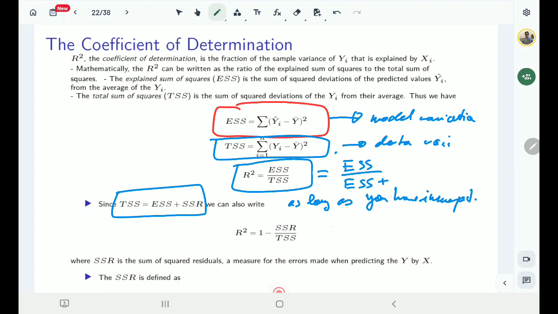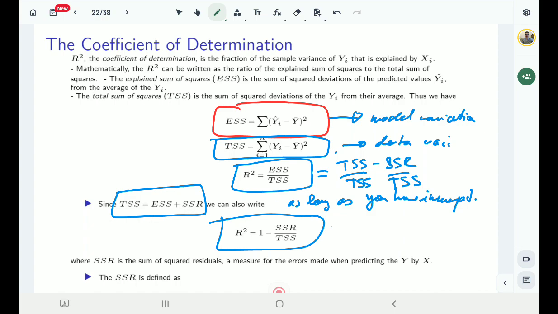you can say that ESS is equal to TSS minus SSR, all over TSS, and that is going to give you this alternative formulation for the R squared, for the coefficient of determination. Okay,